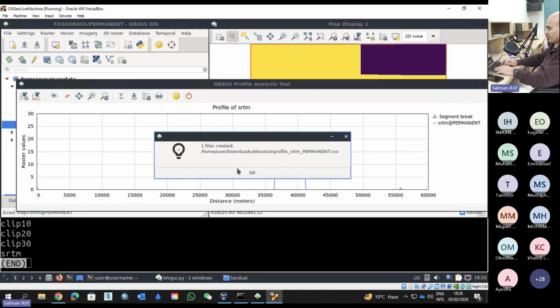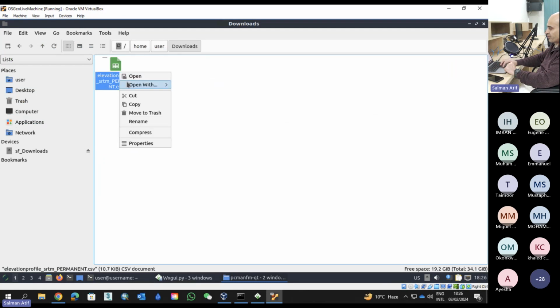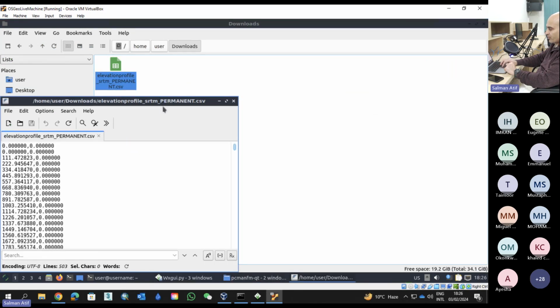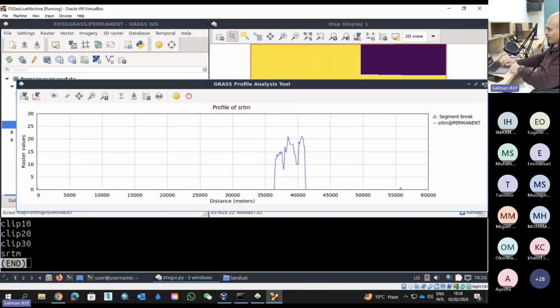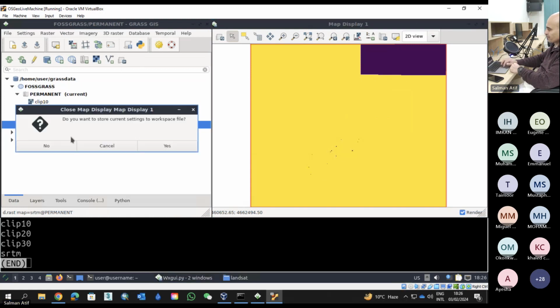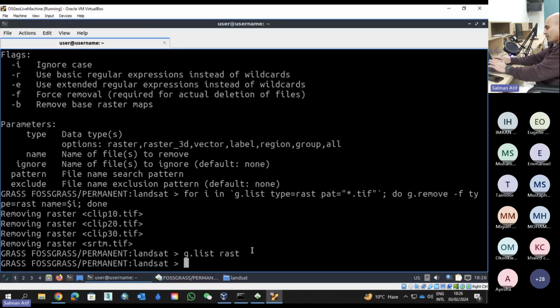I'm moving a little fast because I have a few more things to cover. So I'm going to go into my downloads. And this is the elevation profile that I just created. I can open it here, and along the points that I drew it has the geographical profile values mentioned for me. Most of it is at sea level, so that's 0, and in some places it is above sea level, up to 17, 20 meters. Anyhow, I'll close this function as well, and I click close. I'm going to press Q here and get out of this window. And now I'm going to get you